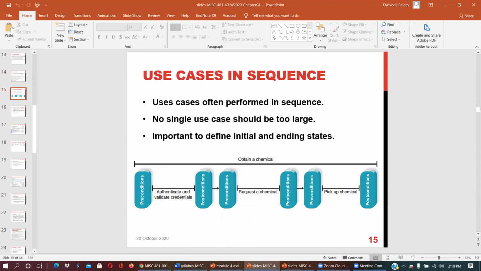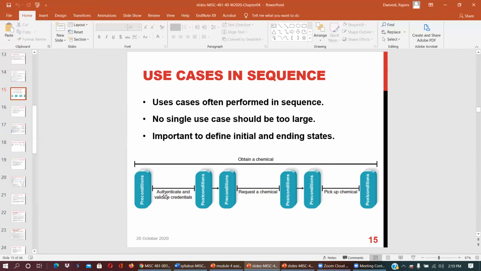Here you can look into how use cases work in sequence. Use cases are often performed in sequence. No single use case should be too large. It is important to define the initial and ending state. Look into this: the entire process of obtaining a chemical, from here to here.